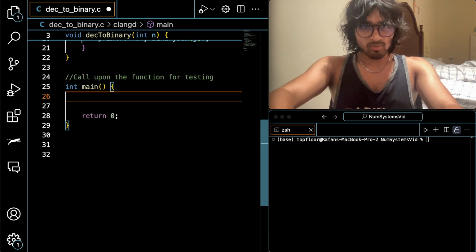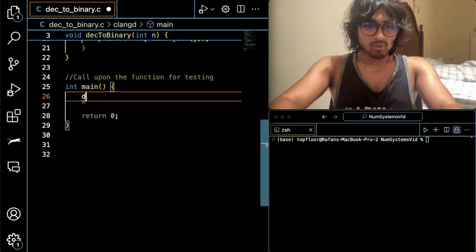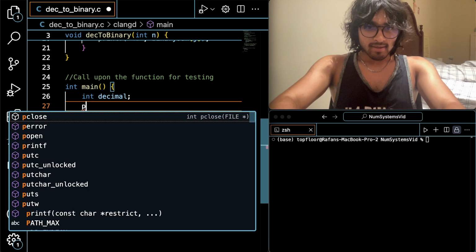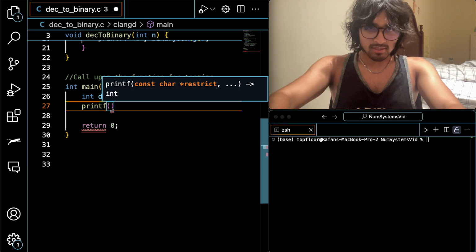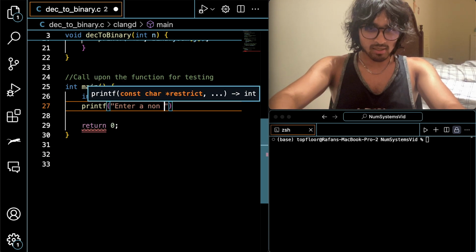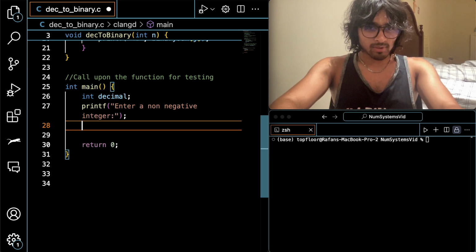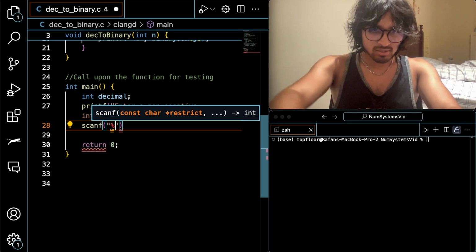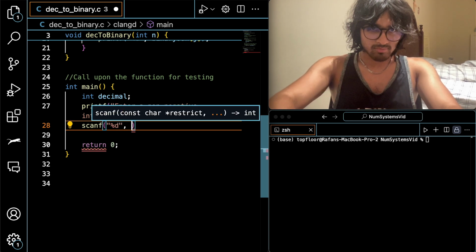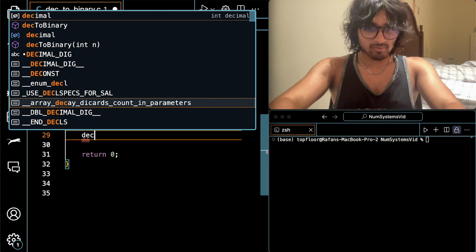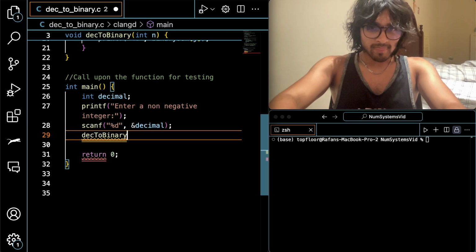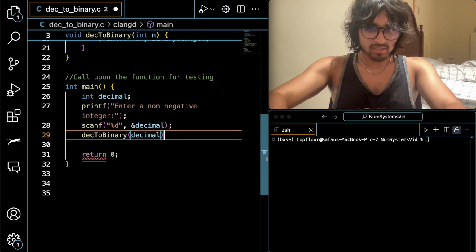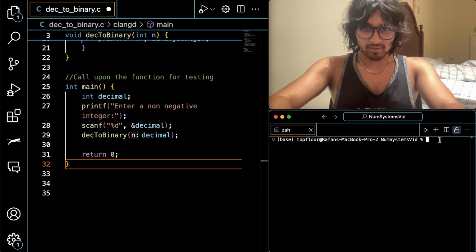Last thing we're going to do is call upon the function for testing. So we're going to create an int variable called decimal, and then we're going to ask the user to enter a non-negative integer. And then what we're going to do next is we're going to let scanf basically catch this integer that is input by the user. And then we're just going to call upon the method, which is dec to binary, and we're going to put that in for decimal. Now let's compile this